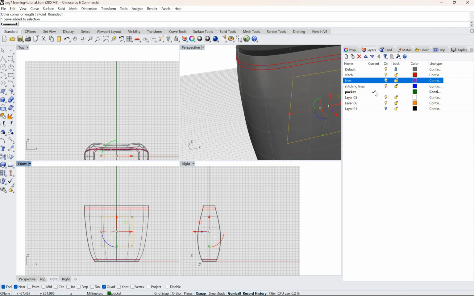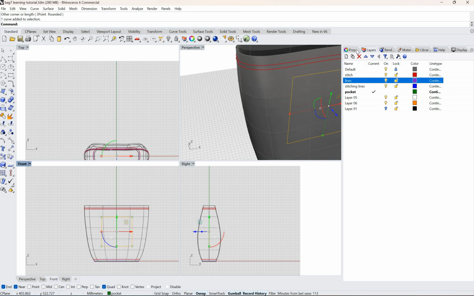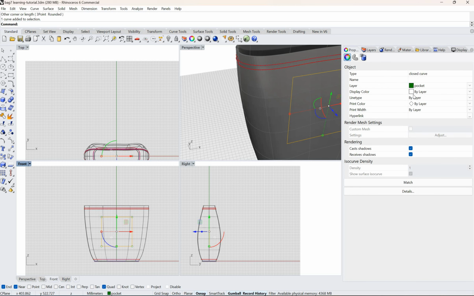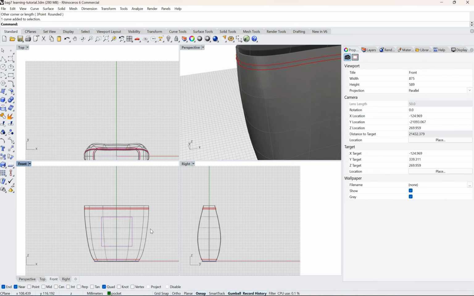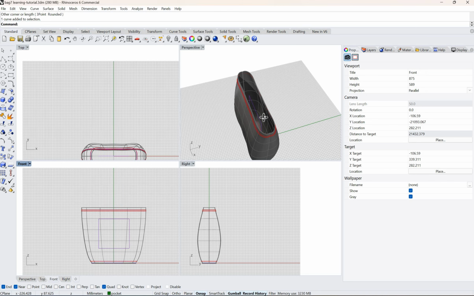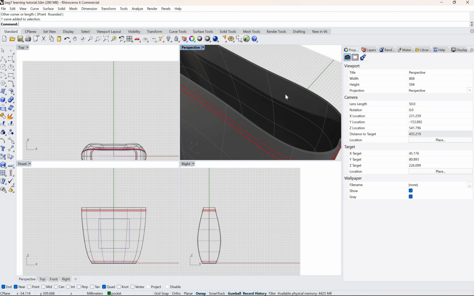Now I'll make sure that this square is a purple line. So go to the properties panel, go over here, and I'll just change it to lines. So this is my baseline, and if you actually see this in the middle, it's right here. Now what I'm going to do is duplicate the surface. So here